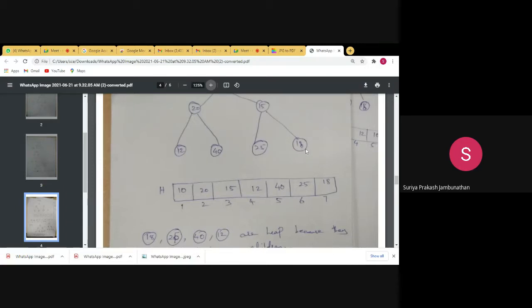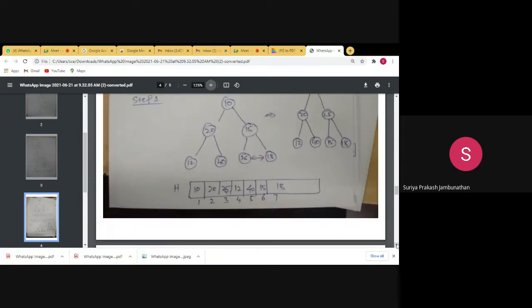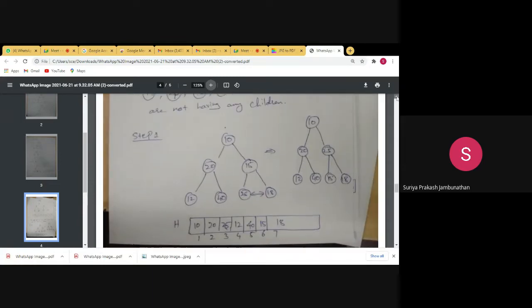Next level, we have to move on to 15. Please listen carefully. When we take the case of 15, we have to compare the subnodes. Subnodes are 25 and 18, and they have to be checked properly.